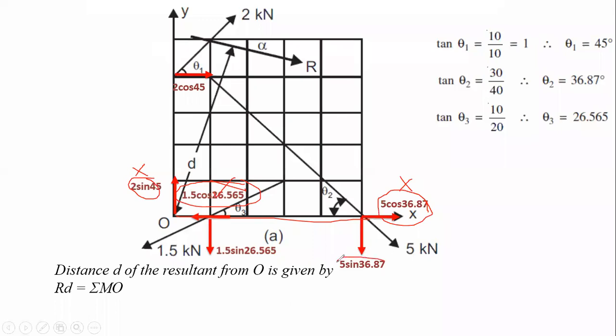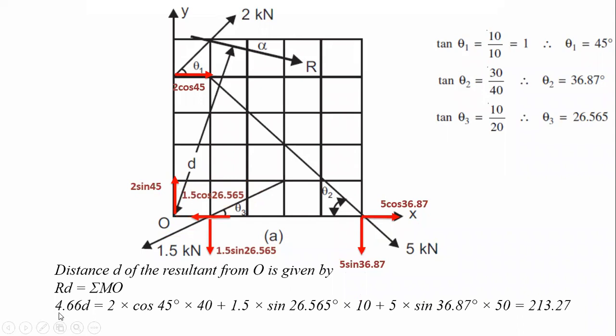Now the remaining one, this one, is also making a clockwise moment about point O, and the perpendicular distance over here is 10, 10, 10, 10. Count this one, you'll be getting 50. Now if you put this together, you'll be getting